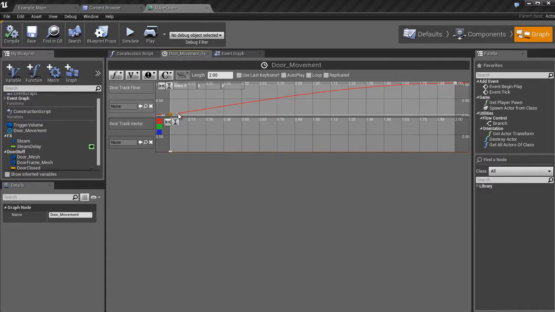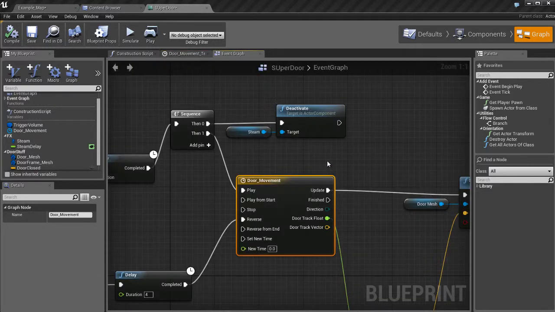So what I can do is grab these handles and move them like this. And the cool thing about that is I can control the way that the door appears to move. So I can make it move really fast at the beginning and then slow at the end. So let's see what this gives us right here. I'm going to save this, jump back in here,